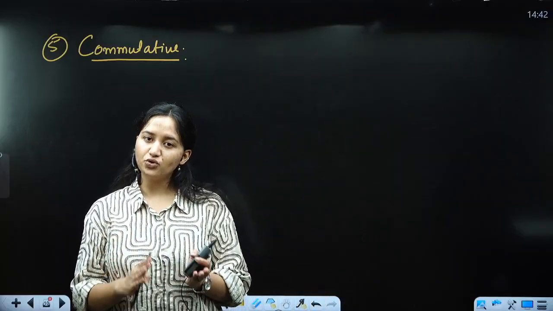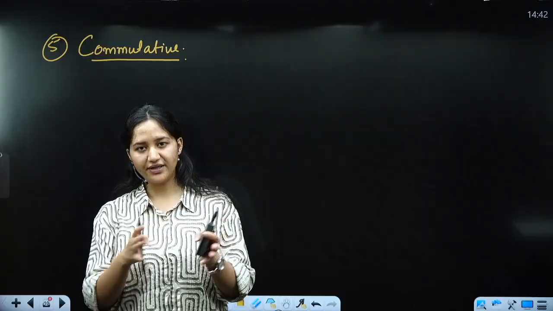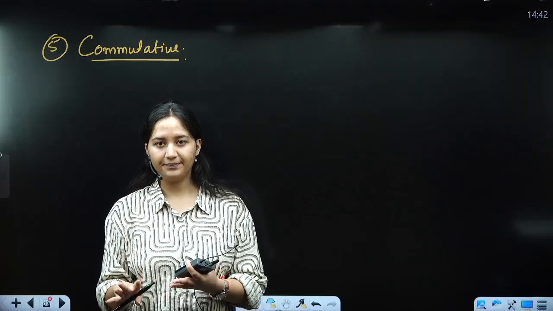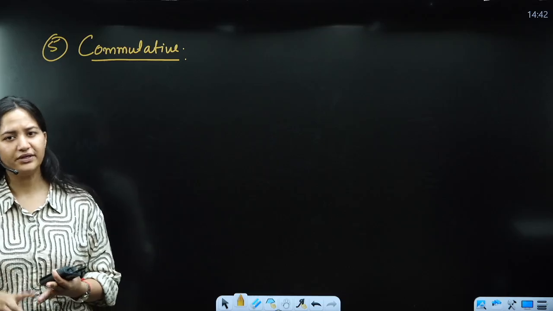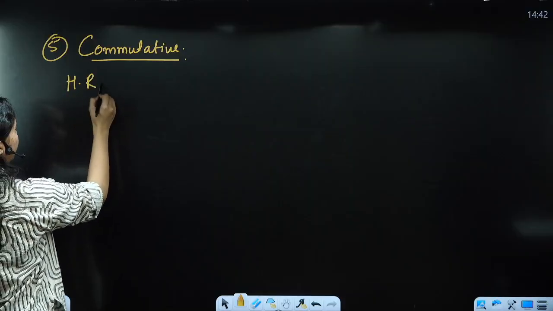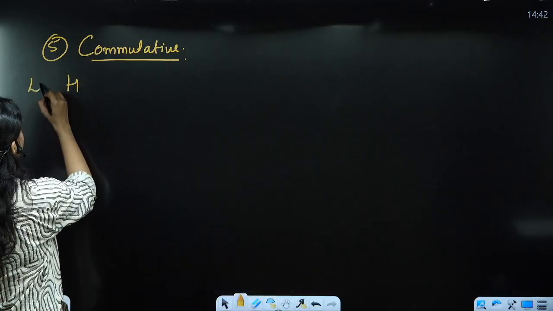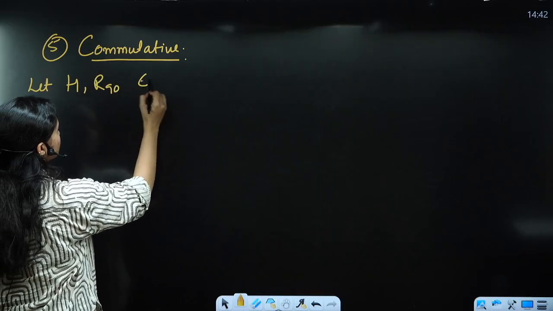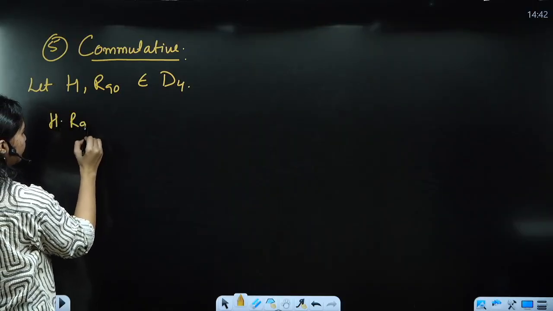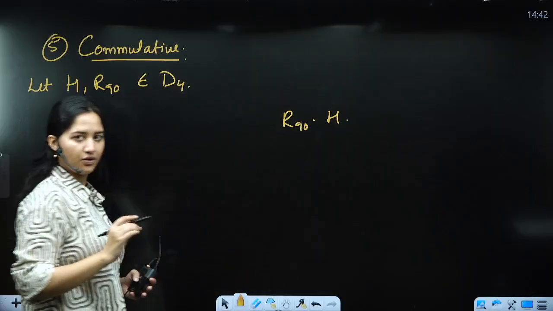When you are proving that to be an abelian group, any group, then you are supposed to go with the generalized form. लेकिन अगर आपको यहाँ पे negate करना है, that means it is not commutative, so you can just quote one example here. Clear? अब यहाँ पे आप D3 का example ले लो, D4 का example ले लो, कोई problem नहीं है. So for now we'll take h dot r90. ठीक है, let h comma r90 belong to D4, right? What do we have to check? That h dot r90 and r90 dot h are equal or not.